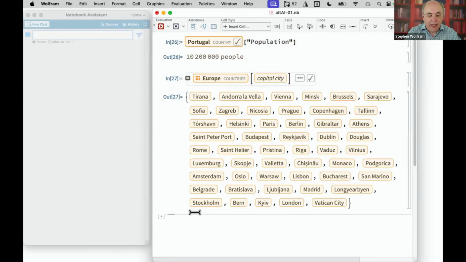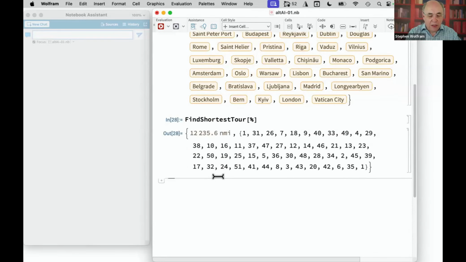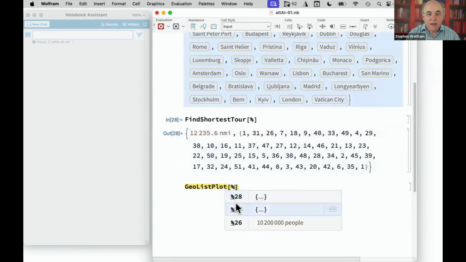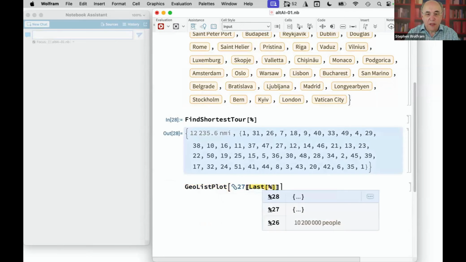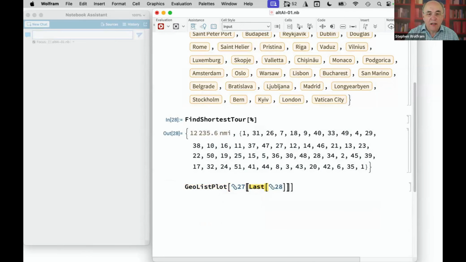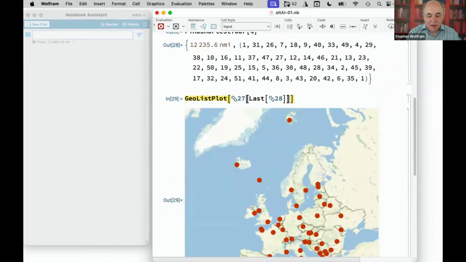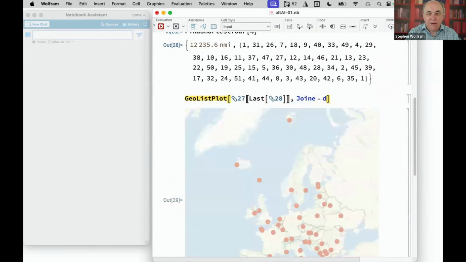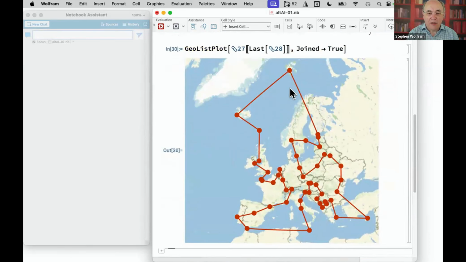And we could say something like, find the shortest tour among those cities, and we should be able to compute that ordering of those cities. And we might say make a GeoListPlot of that sequence of cities, and make a plot of how we would visit. Oh, whoops, I should have told it to do that with a line so we can actually see what order it's having those things go in. But the goal for Wolfram Language has always been to make a symbolic representation of anything in the world,